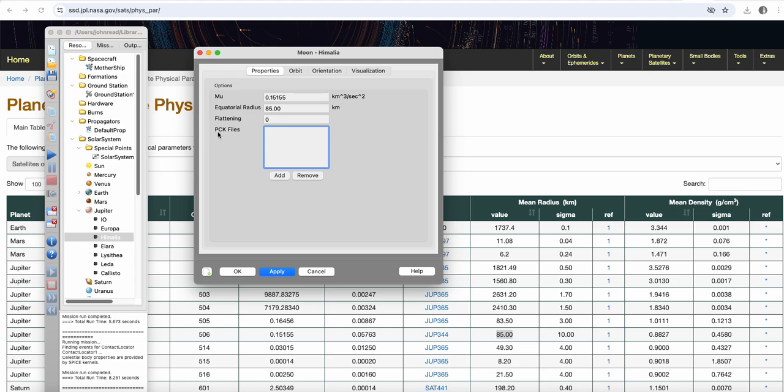Okay, now to find the PCK file, and this gives a more detailed description of the shape of this moon and maybe some other parameters as well. It didn't require that we add this, but this may be important because a lot of these moons of Jupiter are fragments of moons, and so they have a different width than their height, for example. The different X, Y, and Z axis. Okay, so to populate this PCK file,